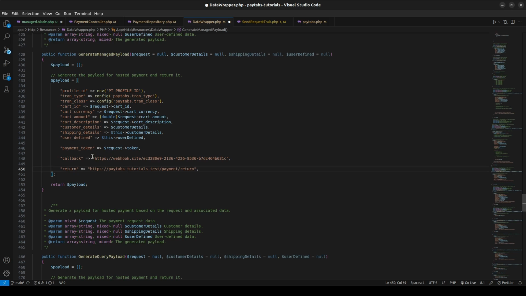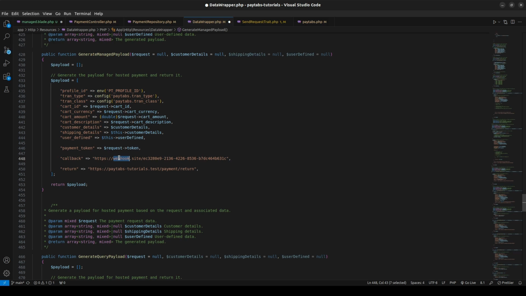That means this URL must be an accessible, public URL that can receive the request coming from PayTabs and handle it correctly in order to update maybe your system or your database. It's highly recommended to rely on the callback rather than on the return. As we said, this is a server-to-server request that will contain all the payment details. So again, you need to use a valid, public URL. It needs to be secured, of course,